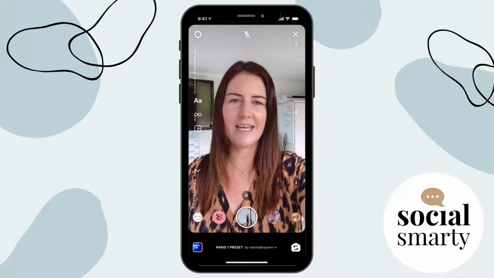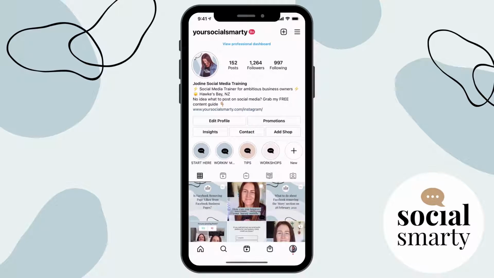So I'm going to just close down the camera. And what I'm going to teach you, as I mentioned, is my way. This is how I create reels. And it might sound a bit funny, but the first thing that I do is I actually go and watch some reels. So I spend some time having a look at other people's reels, scrolling through the reels feed and getting some ideas. Now, by ideas, I don't necessarily mean finding reels that I want to copy or content that I want to duplicate, but it's more about the audio. I'm looking for audio tracks that are going to give me some inspiration or get my creative juices flowing.